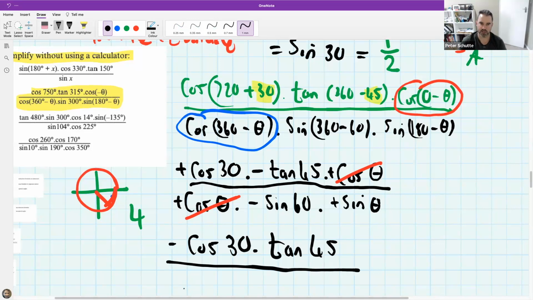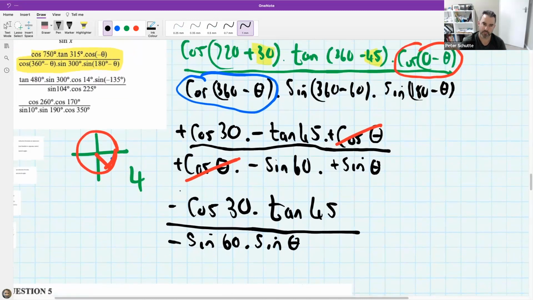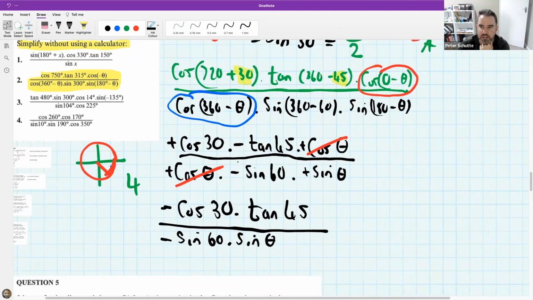over, what have we got left? Minus sine 60 times sine of theta. Now, who wants to give me the next step after that? Who has some ideas for the next step after that? Ooh, Andila has said,